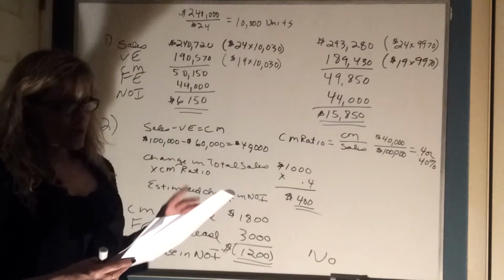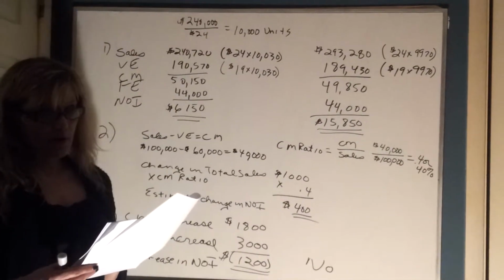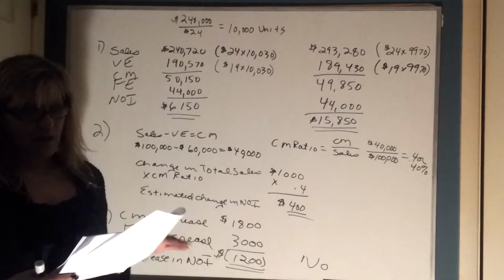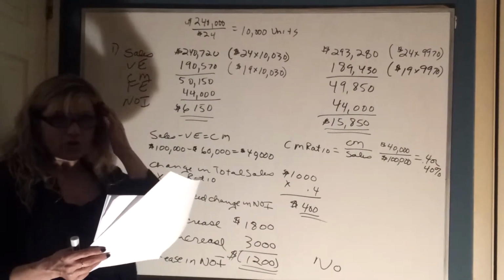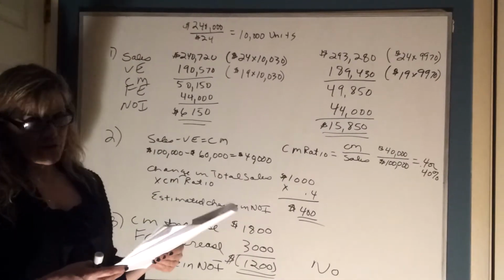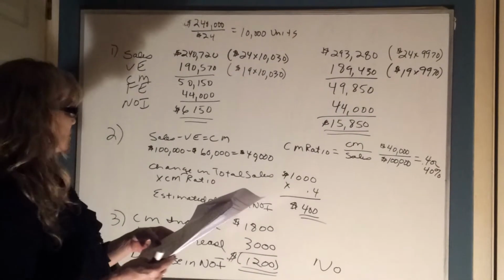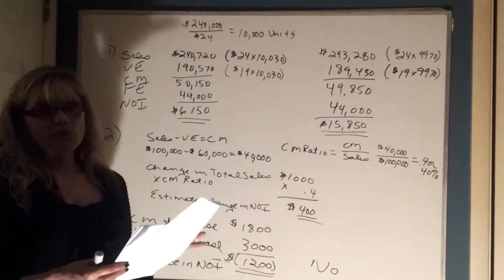Okay, so this is question number one. The first one is an example of question number one. We have Bob Company's most recent income statement, and we're given information, and then we're trying to determine what's going to happen if our volume increases by 30 units, and then I have it decreasing or declining by 30 units. So the first thing we have to figure out is currently, with the income statement we're given, how many units